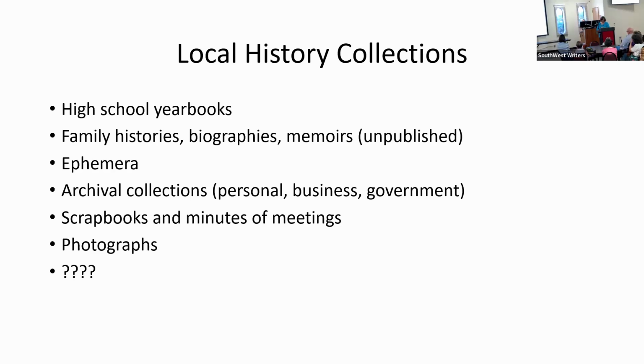You'll also find family histories, and these are the history biographies, memoirs, the unpublished, or in the old days, the ones that were run off on a mimeograph or copy machine and then given to the library and distributed to every member of the family. And I used some of those for my dissertation. They have all kinds of information you won't find other places. Then there's ephemera, that's brochures, flyers, pamphlets, all kinds of stuff. It could be put out by the government, by individual businesses, or by organizations. You can find all kinds of stuff in there.